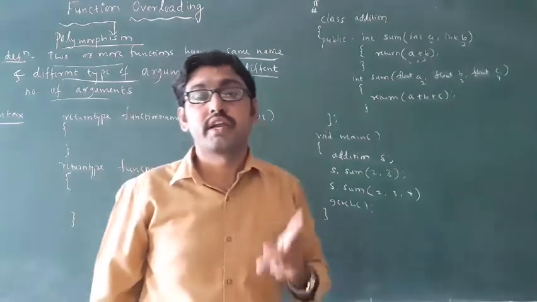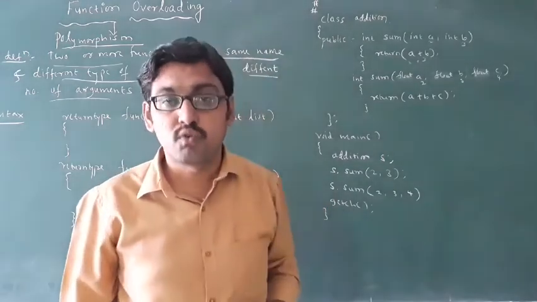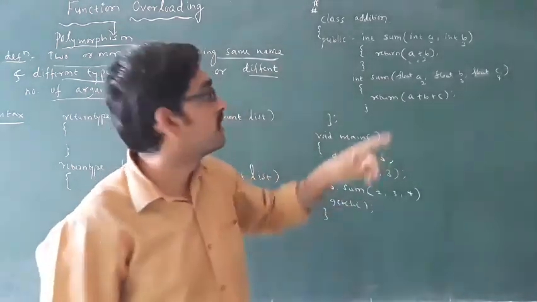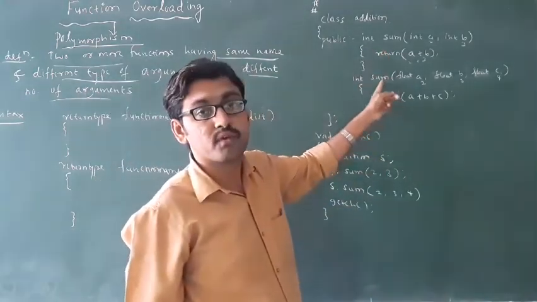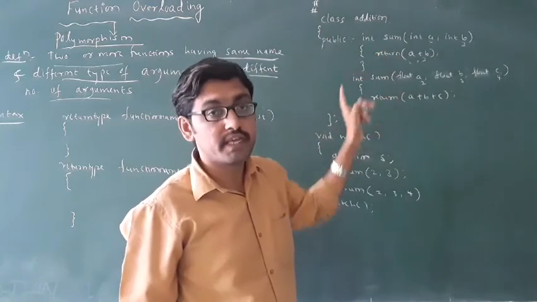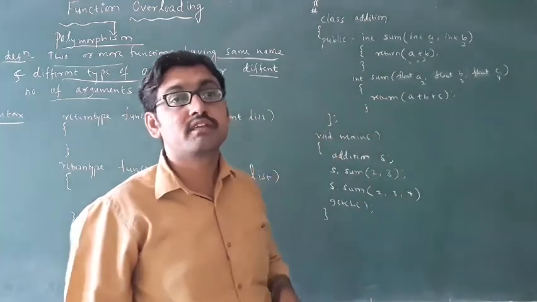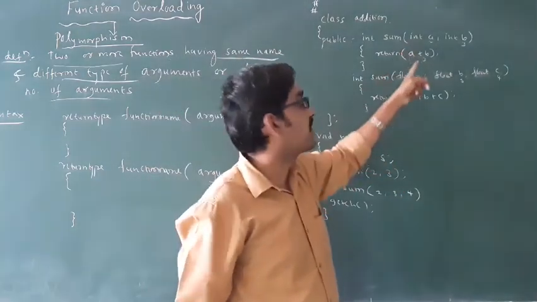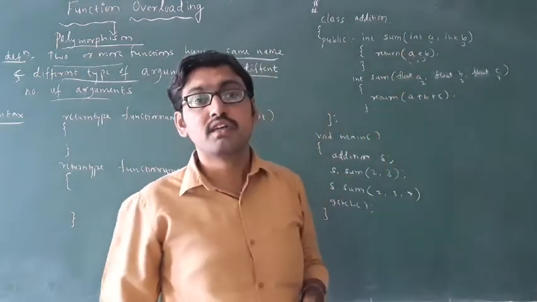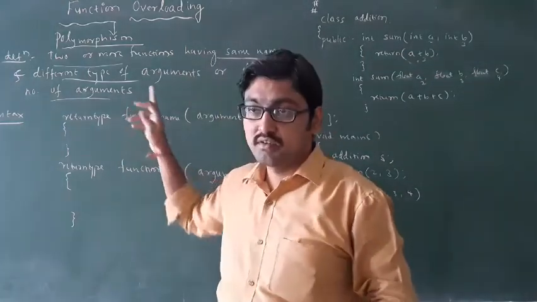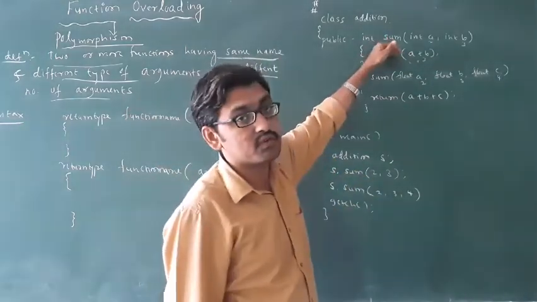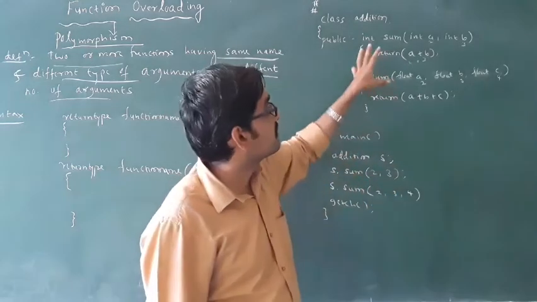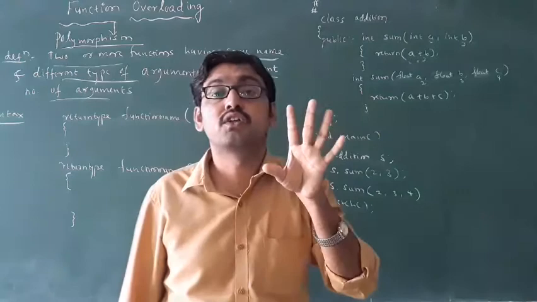They will ask you to write one condition for function overloading. In function overloading, the first condition is a must and should: the function name should be the same. The function name is always the same. Then the second condition is at least different data types. The third condition is the number of arguments. If one function had 2 arguments, then the second function should have at least 3 arguments. Okay, this is about function overloading.